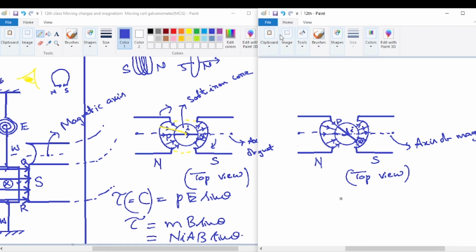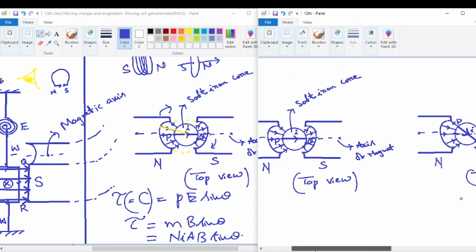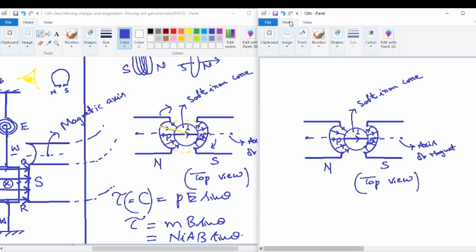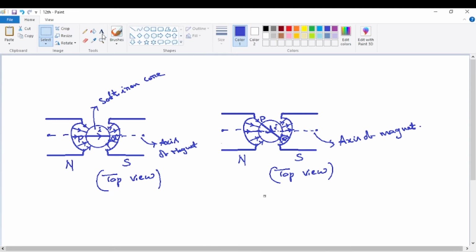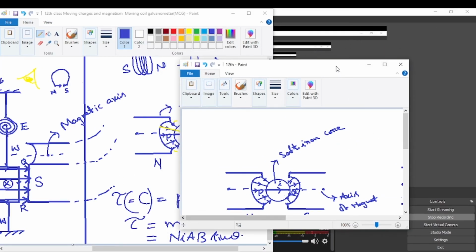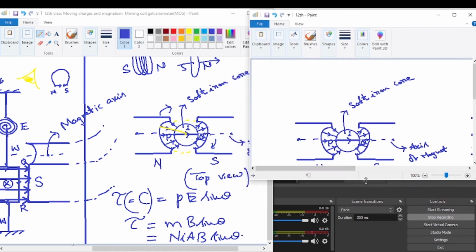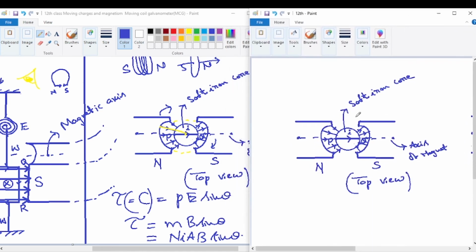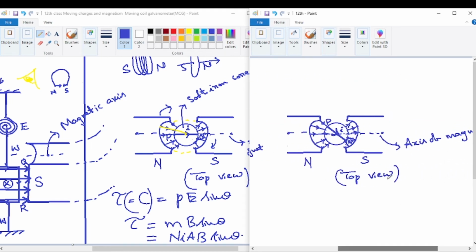Just a moment please. I just want to take the tools actually. The writing tool I am trying to take. Okay, now it's clear. So this is the writing tool.